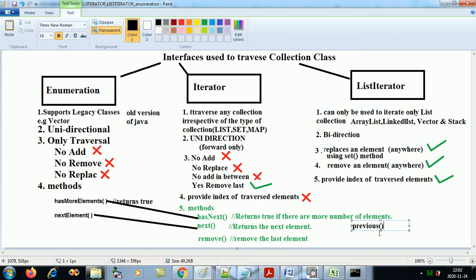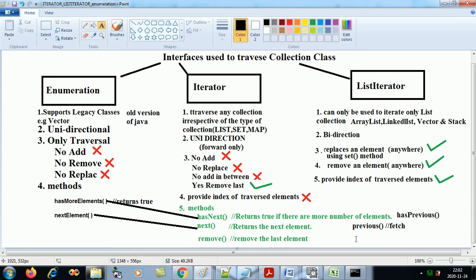To fetch the previous element, we have a method called previous, and to check whether it has a previous element or not, we have a method called hasPrevious. And to replace we have a method called set. Wherever the pointer is currently pointing, you can replace that element with the help of the set method. And you can remove an element.